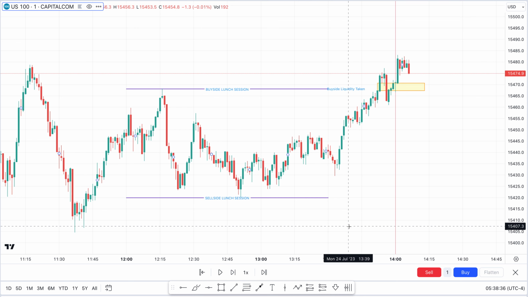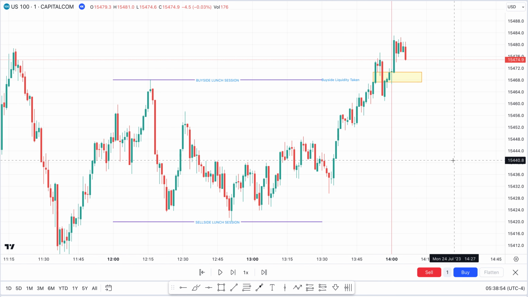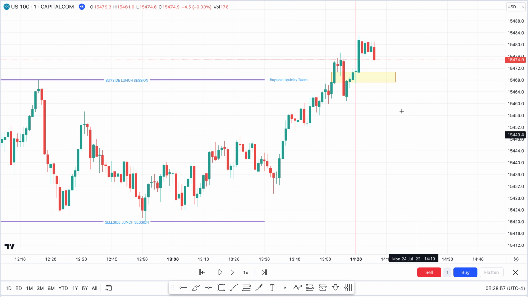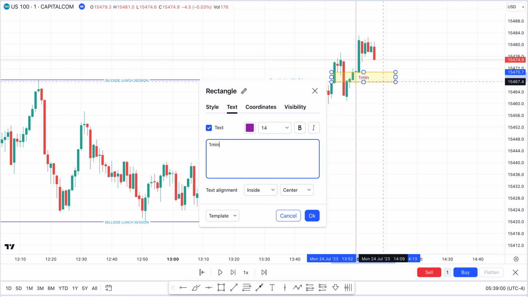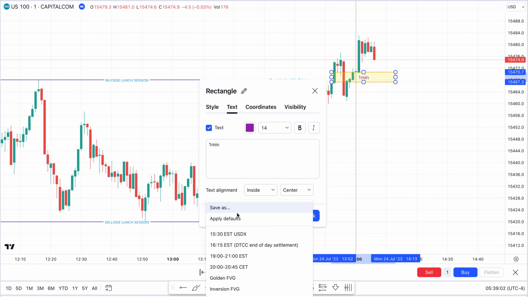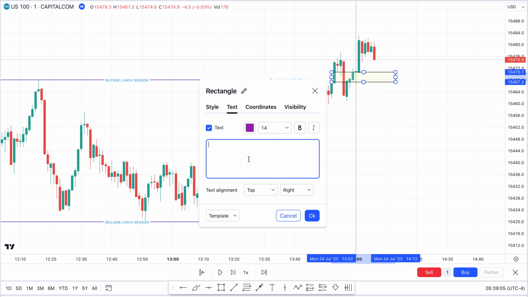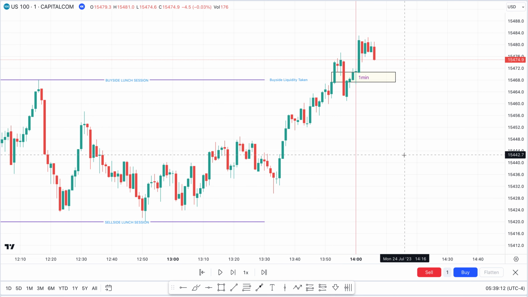And now I'm looking at the first fair value gap. Not first fair value gap, but first SIBI, sell side imbalance, buy side inefficiency. I'm gonna mark this. 1 minute is a golden fair value gap. 1 minute. I'm also looking at